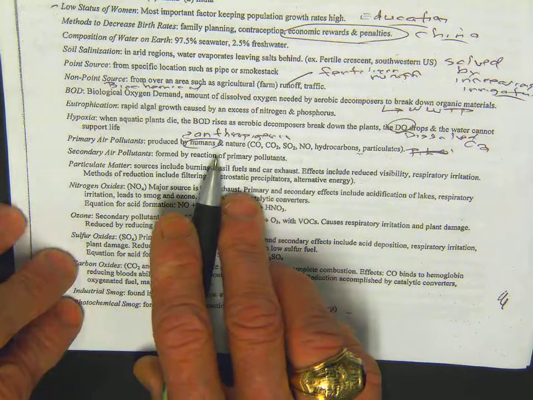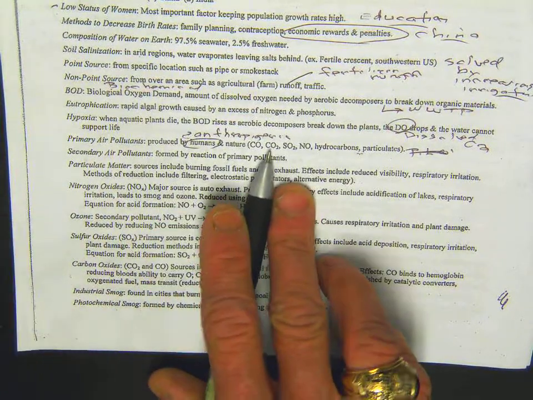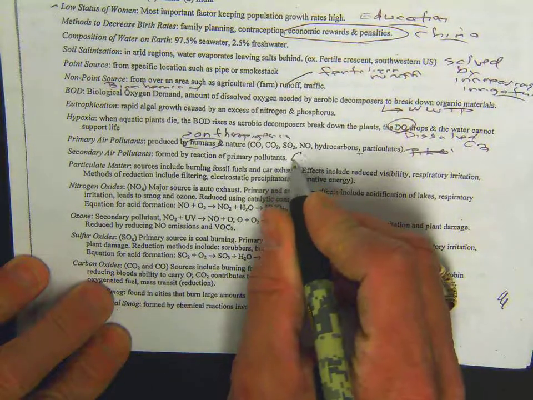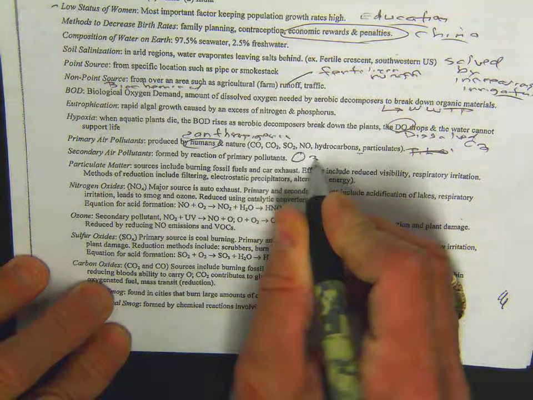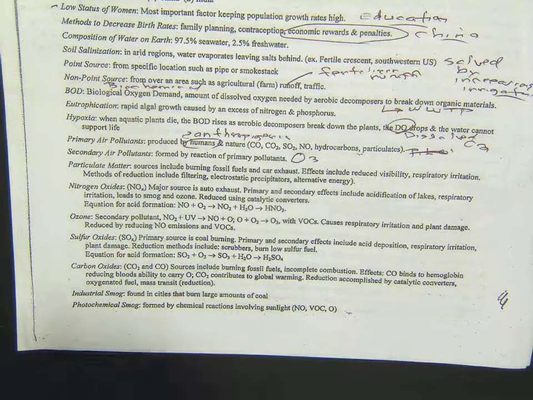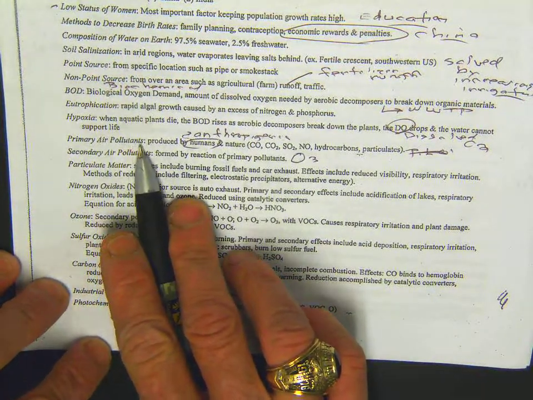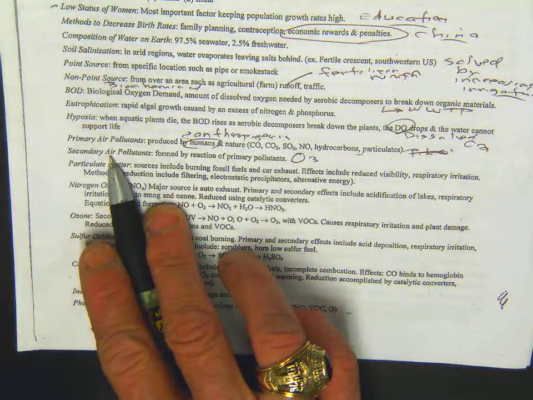Secondary air pollutants would be caused by the reaction of the primary air pollutants. We'll get to this in just a minute down below, but a classic secondary air pollutant is ozone. Primary would be what's thrown off in the tailpipe or the smokestack or from the cars. The secondary air pollutant